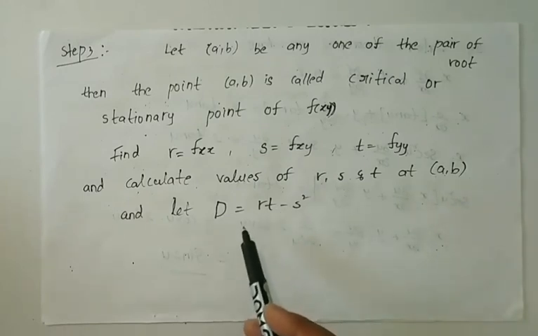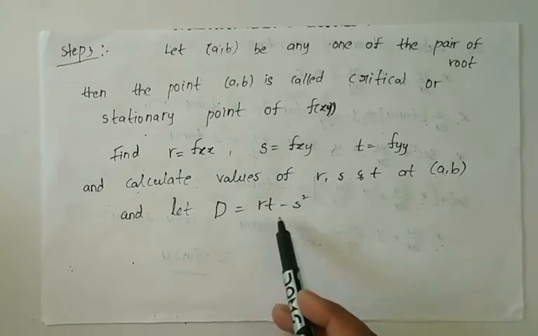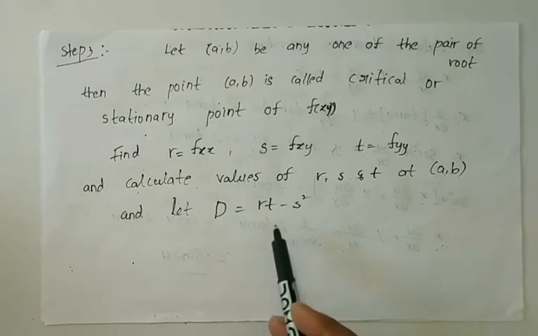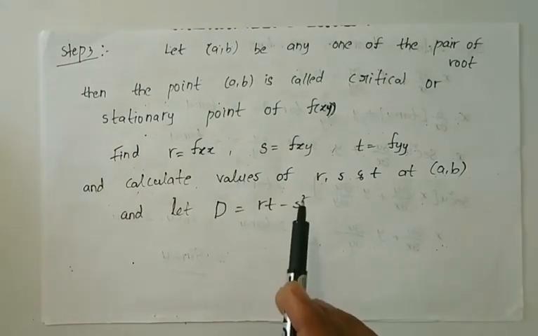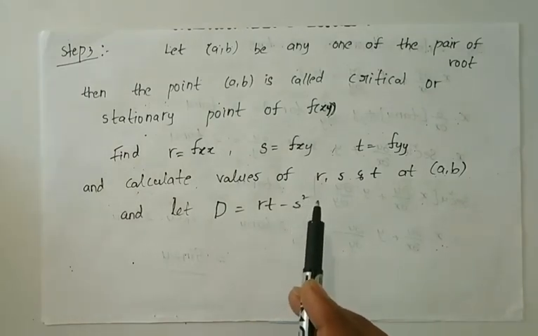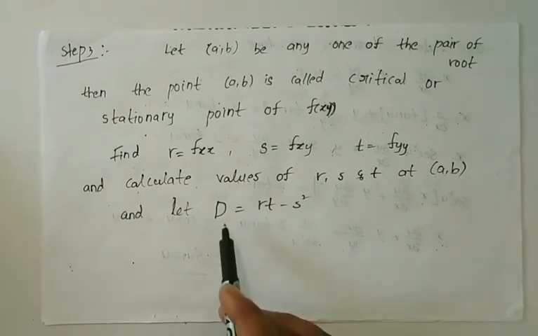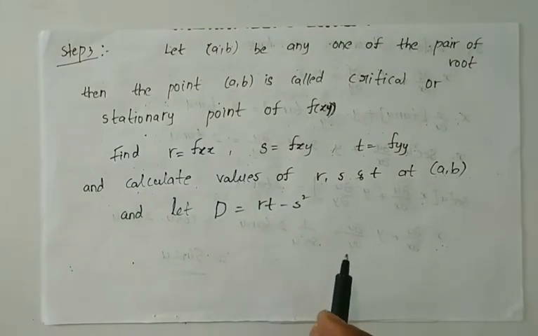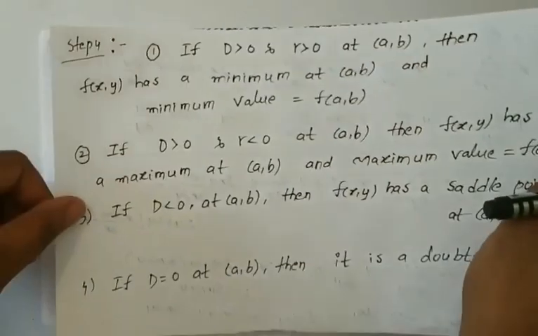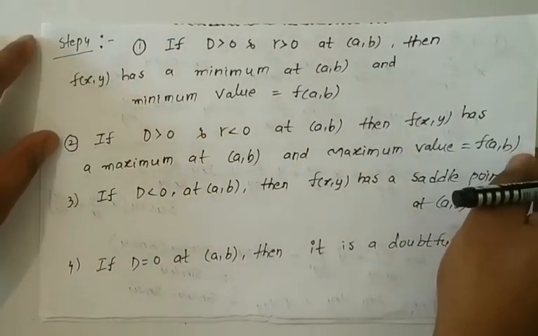Okay, and also consider D equal to rt minus s square. D is equal to rt minus s square. In the third step you just have to find fxx, fxy, fyy at the critical points, and also consider D equal to rt minus s square. Okay, in the fourth step